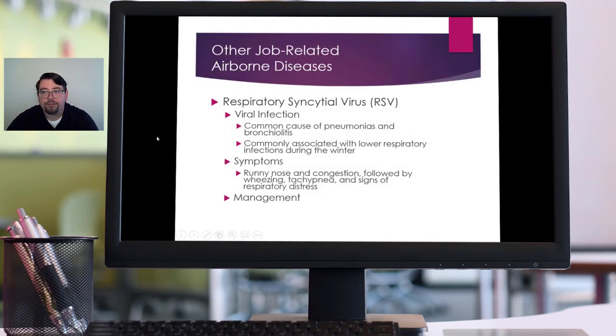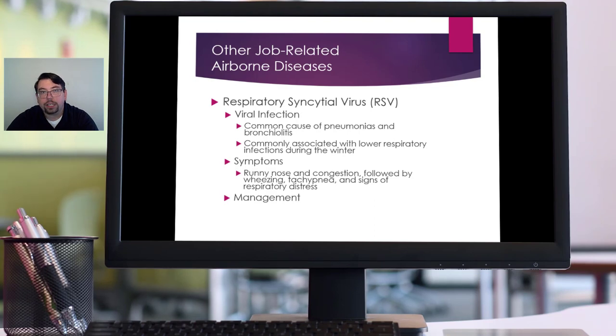Respiratory syncytial virus, or RSV, is a viral infection. It's very common to cause pneumonias and bronchiolitis. It's commonly associated with lower respiratory infections during the winter. My daughter actually suffered from this and had a pretty severe case of RSV, was hospitalized for 2 weeks, and